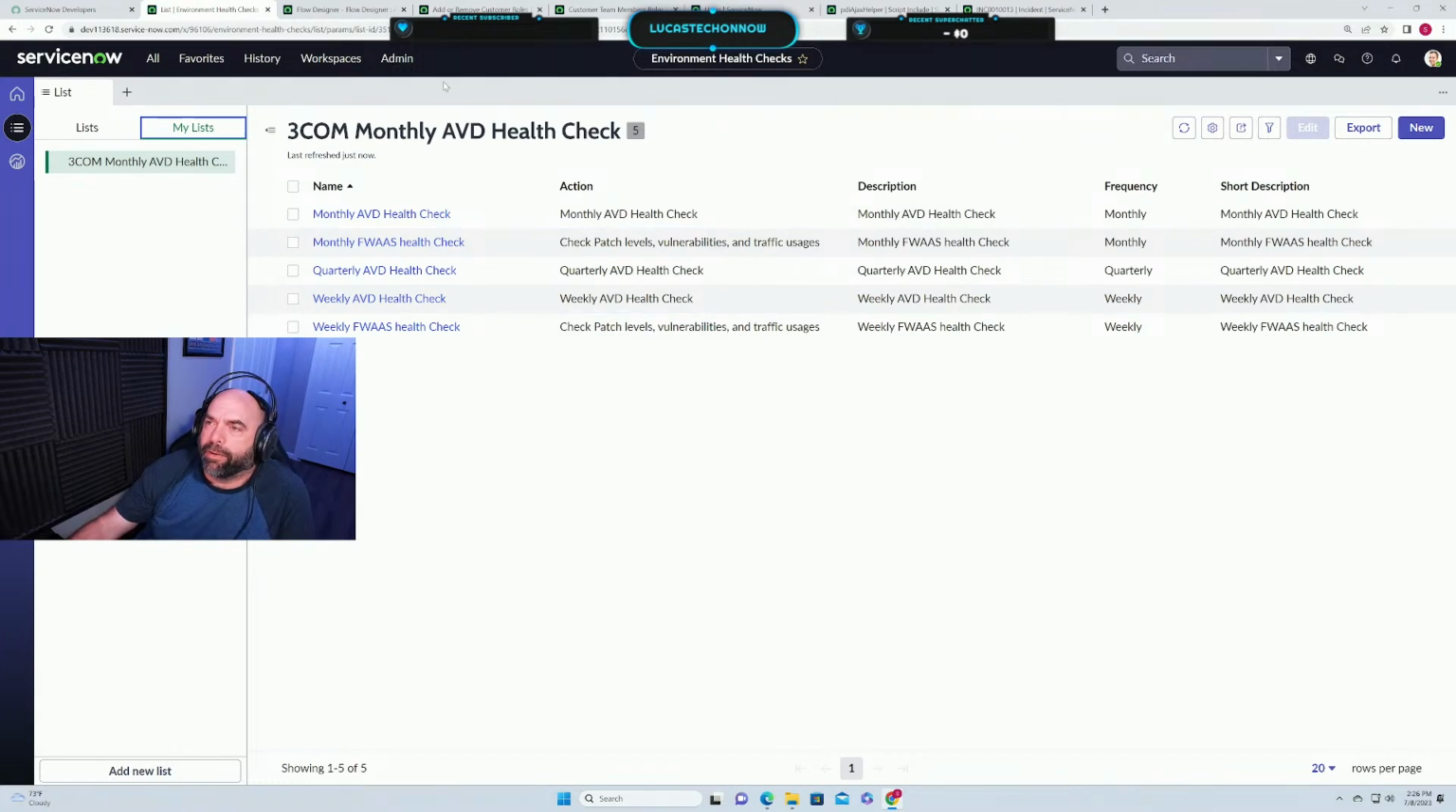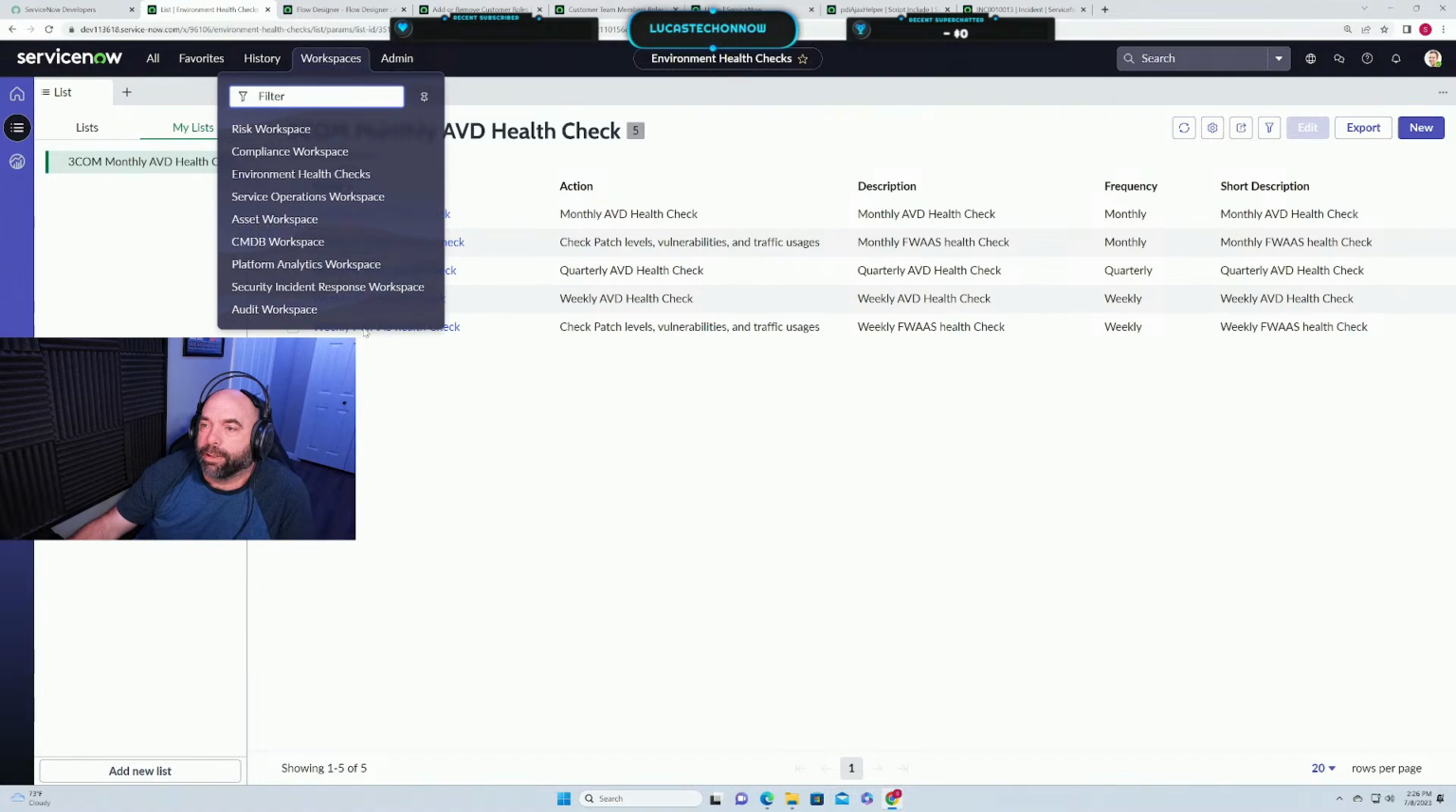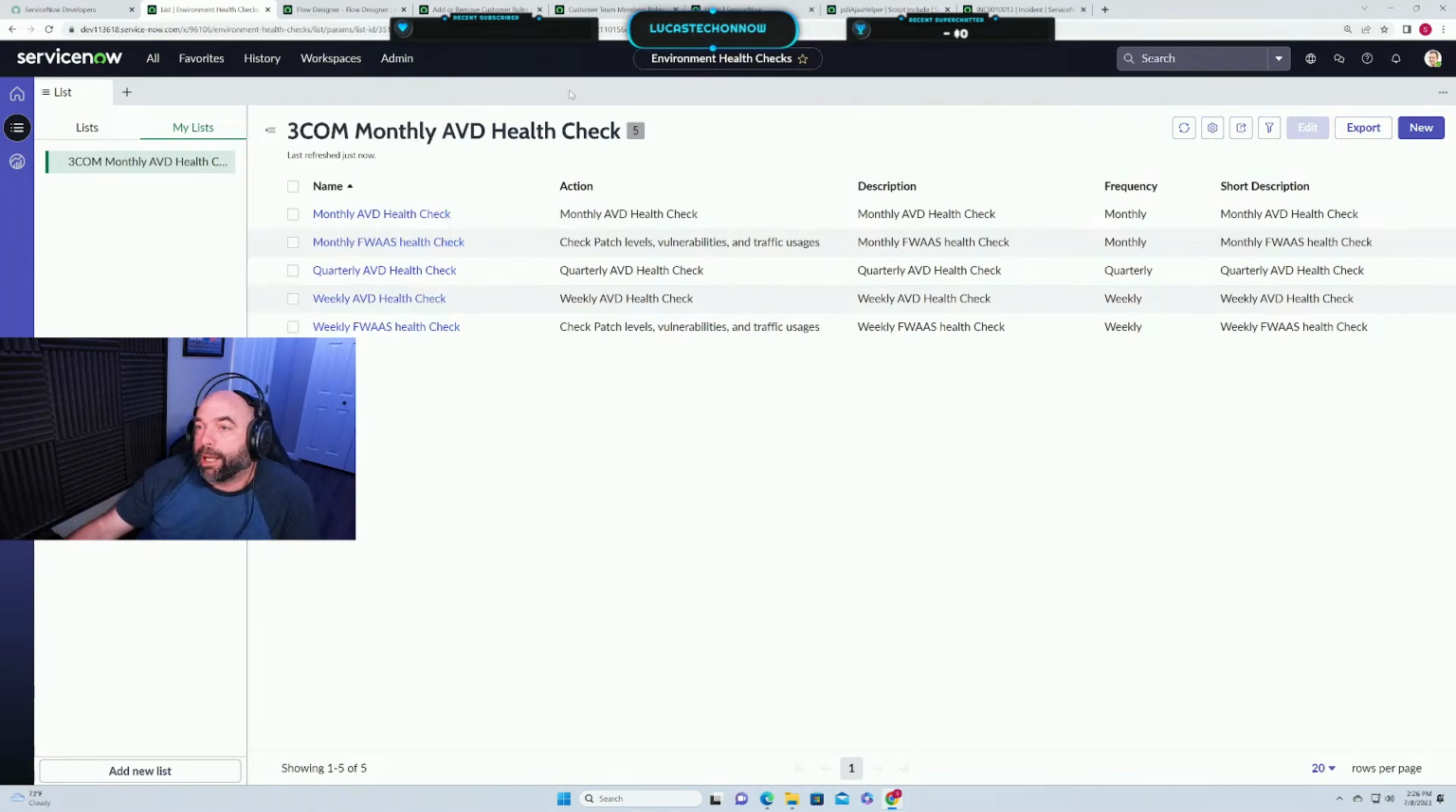But then we have a couple other ones. I have some other workspaces in here. I have the service operations workspace going. I have the security incident workspace. This is a fun one. We can get into process automation designer and look at playbooks. We've got all kinds of stuff on tap. So if you guys have